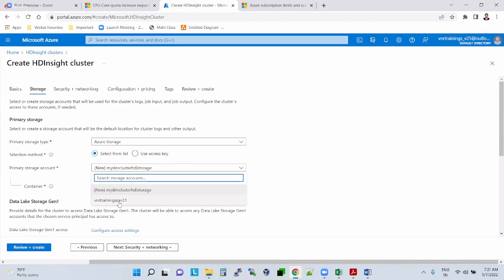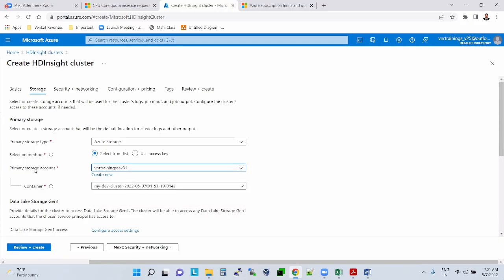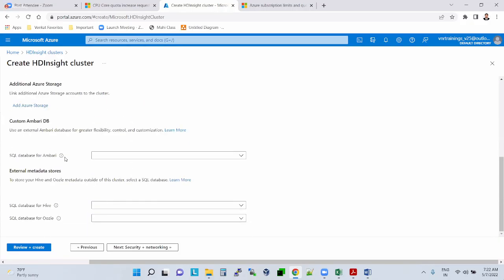Storage, okay, I want to go with my one storage.